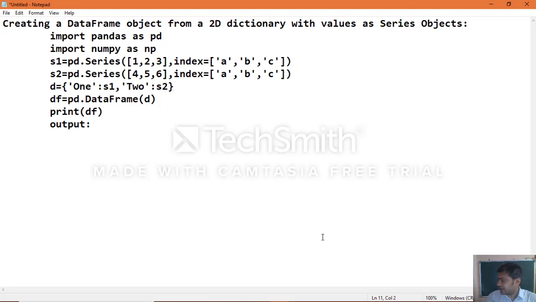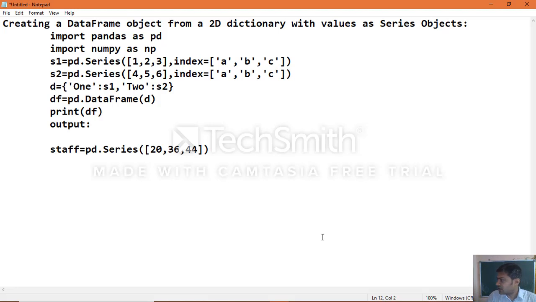In the same manner, we'll take another textbook example, staff and their salaries. Staff equal to pd dot Series of 20 comma 36 comma 44.